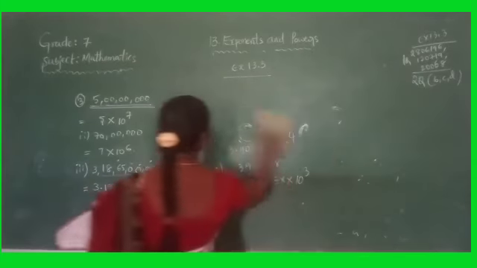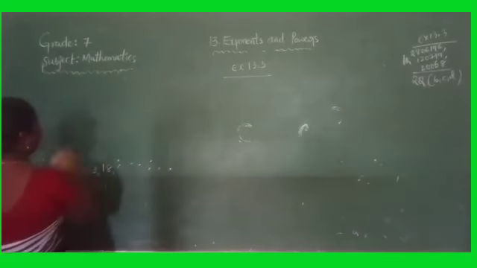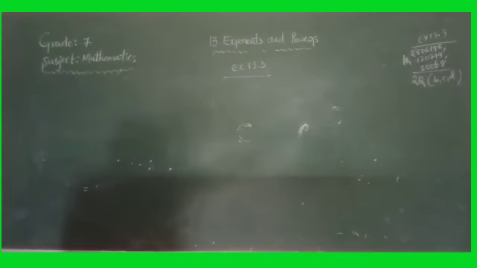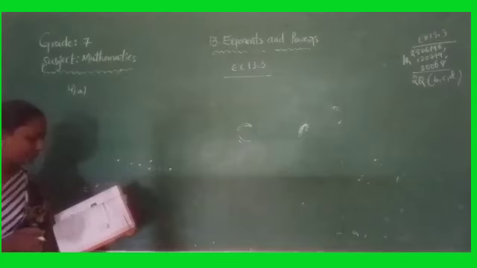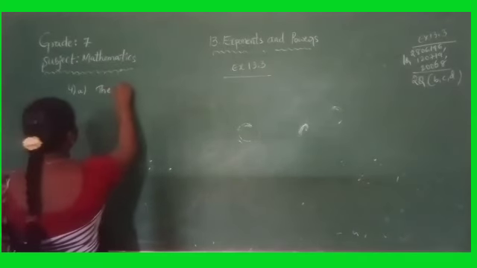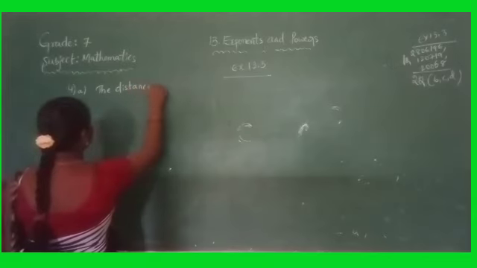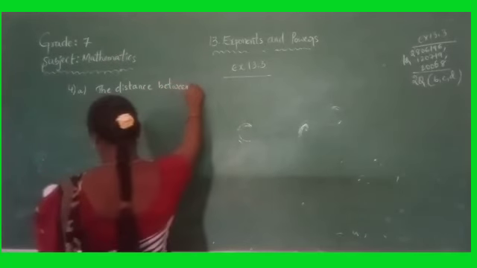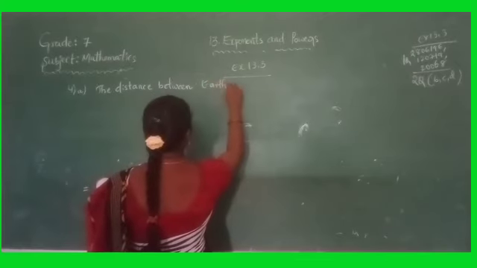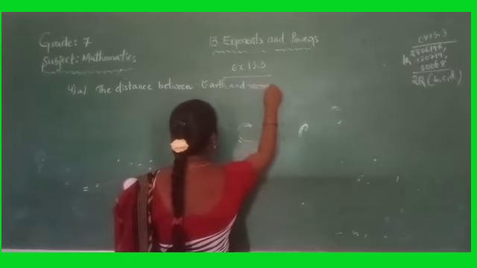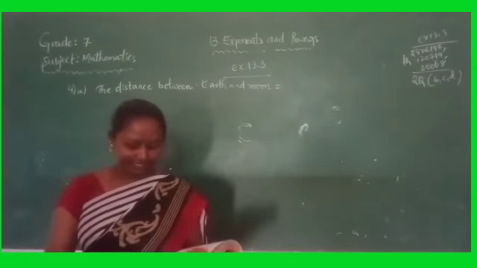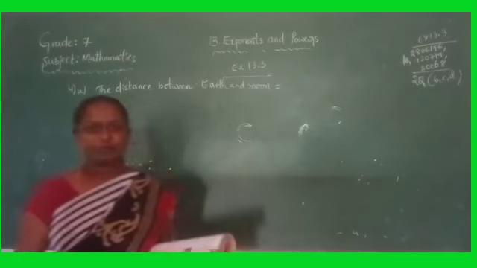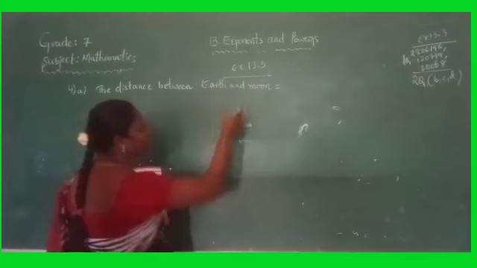So next, copy the remaining fourth question. First one, you copy. Okay, so first one in the fourth problem A: the distance between Earth and Moon is... What you have to do is express the number appearing in the following statement in the standard form. So this statement we have to show in the standard form.